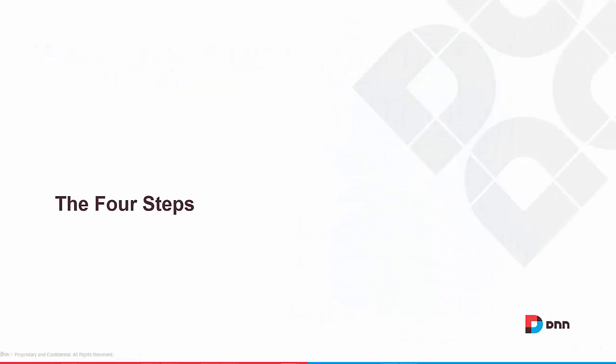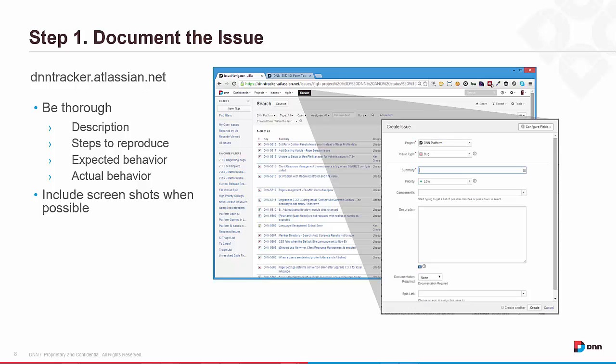Regardless of the project, there are generally 4 steps involved in making code contributions. The first step, documentation. Before starting on code, follow good programming practices and make sure the issue is documented. Every project uses an issue tracker, and they often have a list of issues already identified. For DNN, you can find ours at